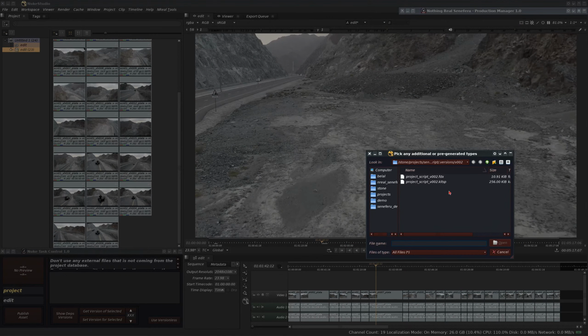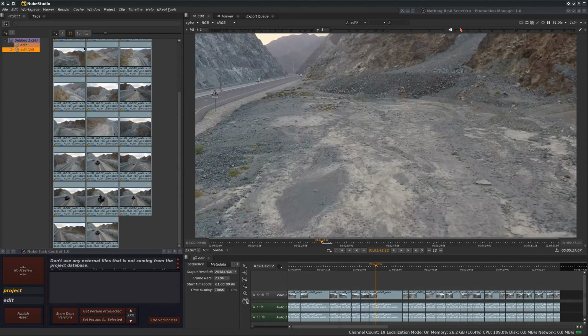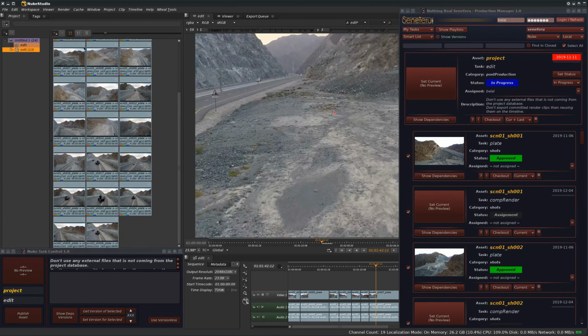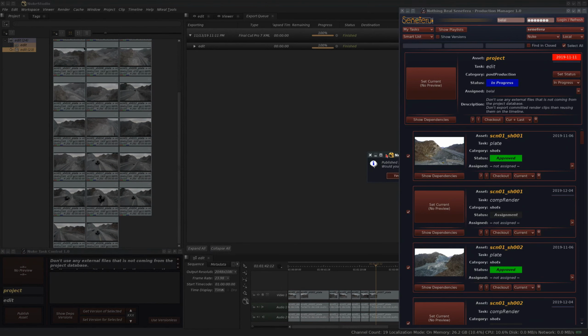If you have any additional files like QuickTime preview of this edit or something, you will select it here. Or if you have any folder of references, you can also select it here, so it gets published with the other files. Then now the application is working on generating the files, and after the files are generated, the publish is done, and